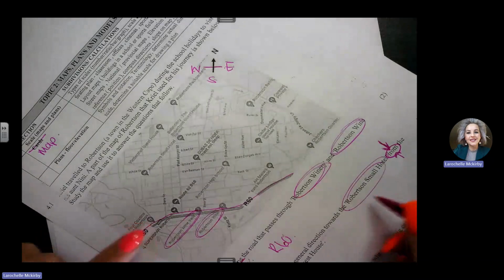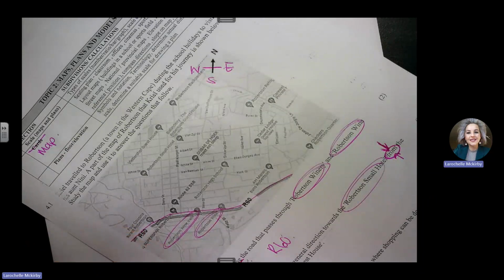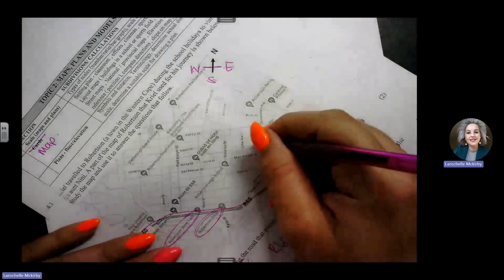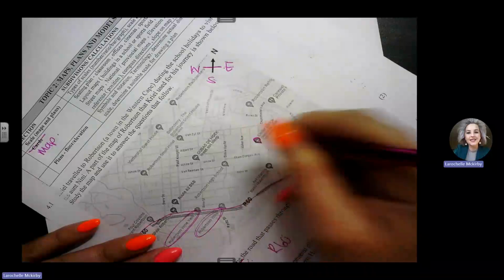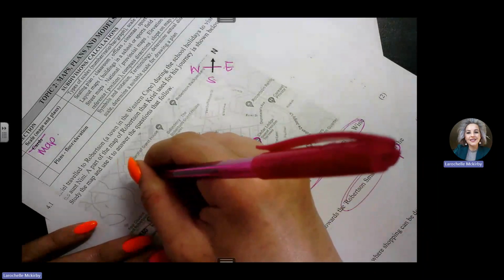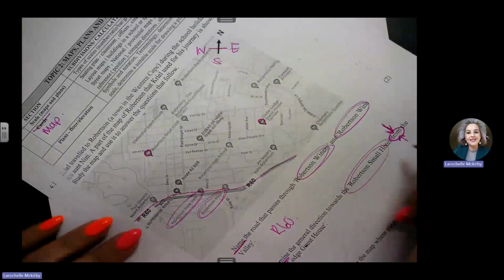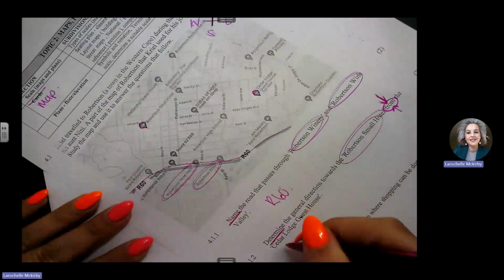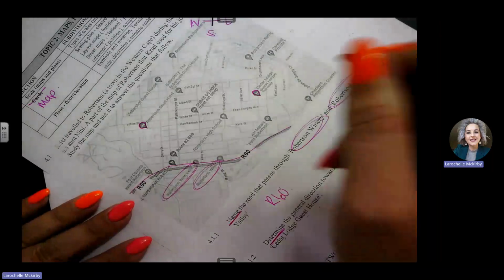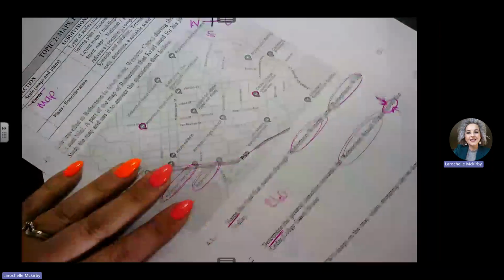And we need to find Robertson Small Hotel and we need to find Cedar Lodge Guest House. Where's that? Here is Cedar Lodge Guest House. And we are looking for Robertson Small Hotel. Oh, there we go. Robertson Small Hotel. Now, from which one do we start? Look at this word here. From Cedar Lodge Guest House. So meaning we are starting here and we are working in a direction to there.